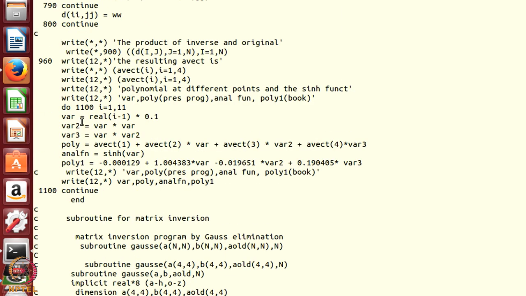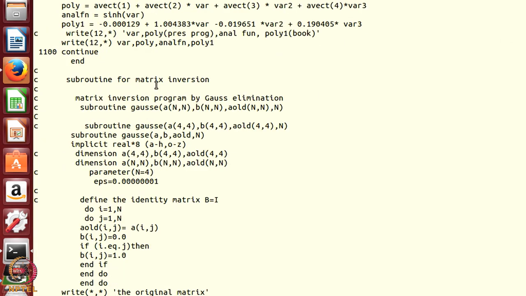So, this is the matrix. I will just comment on the matrix inversion program. This is the Gauss-E matrix inversion program. Remember, in the main program it was A, B, C; here I have called it A, B, A old, n, and remember this n is a variable, the most important thing in my subroutine. So, what I have done: dimension A n comma n, B n comma n, A old n comma n. This means in the subroutine I have used a variable dimension.